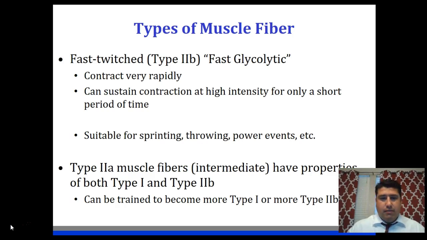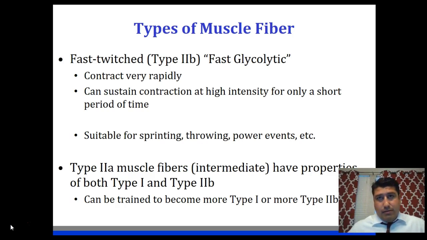So this type of muscle fiber is suitable for sprinting or any power events. Okay, now the reason why we discuss the differences between muscle fibers is because of genetics. There's no way to determine how much of each type of muscle fiber you have in your body. This is genetically predetermined. So for those individuals who have a high percentage of, let's say, type 2B muscle fiber,